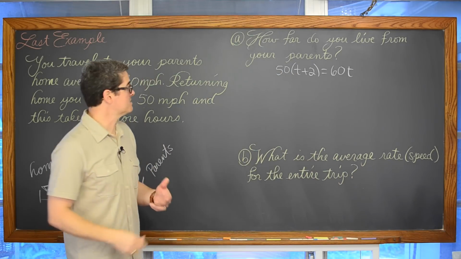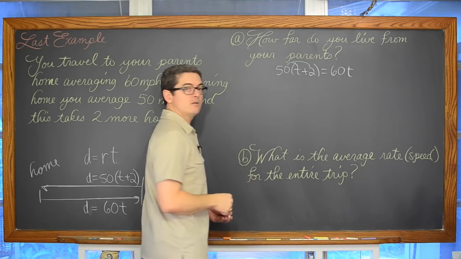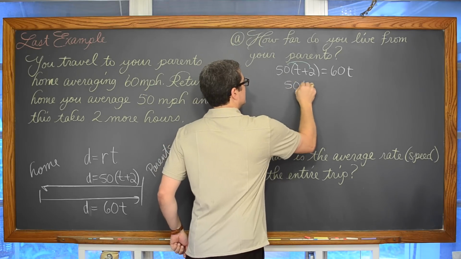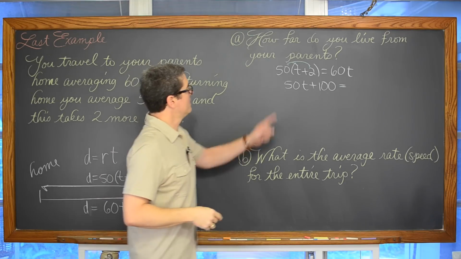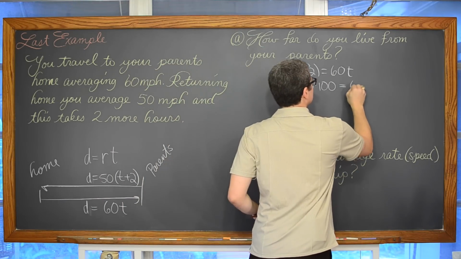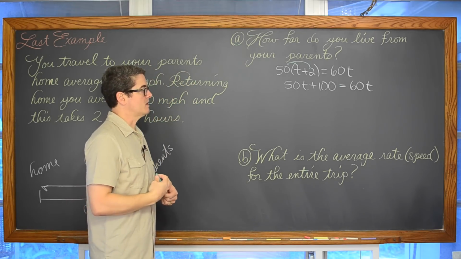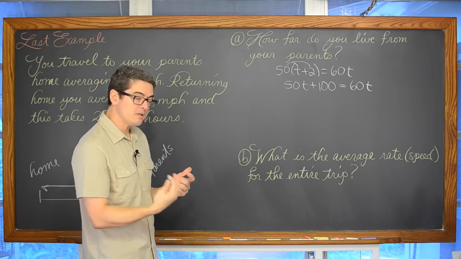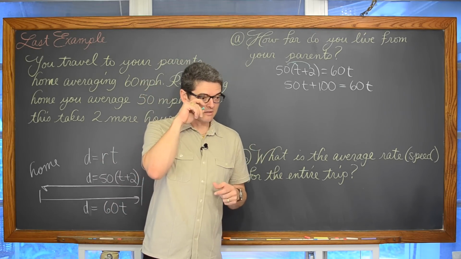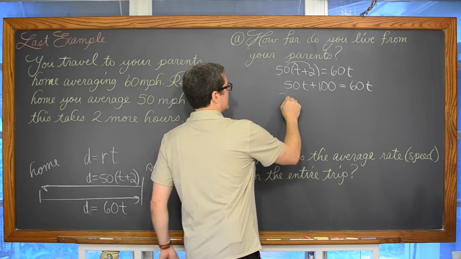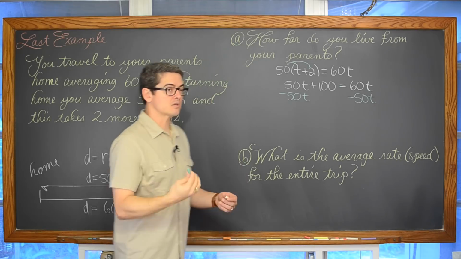Okay, we're going to look for parentheses that we can distribute through, and that means that we're going to distribute by the value of 50, and we get 50t plus 100, and I don't like the fact that my equal sign doesn't line up there. Sorry about that. 50 times 2 is 100, is equal to 60t. I don't want to create any unnecessary negative coefficients. I don't really want to move terms around to leave just a value of 0 on one side of the equation, just because I see that mess up my students a little bit. And there's no reason why we can't be comfortable with having variables on the right-hand side of the equation. Just give yourself some practice.